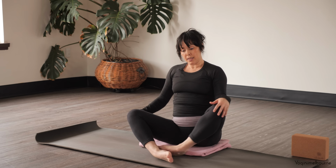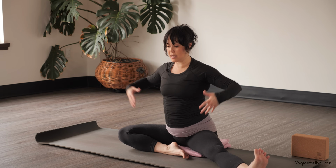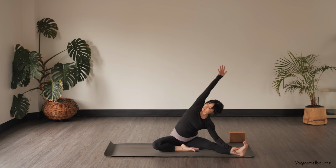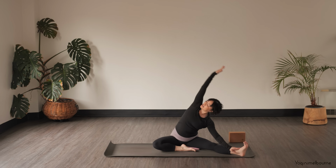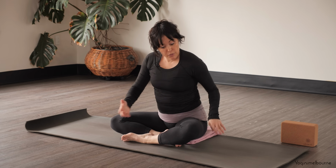arms down. Take the right leg out to the side and that left heel in towards the groin. Take the arms out to the side, inhale, exhale, coming over into your side bend here. Left arm up and over, grounding down through the left sitting bone, eyes maybe looking up towards the ceiling. Open breath. And then let's take an inhale, come back up, bringing that leg in, coming off your blanket or block if